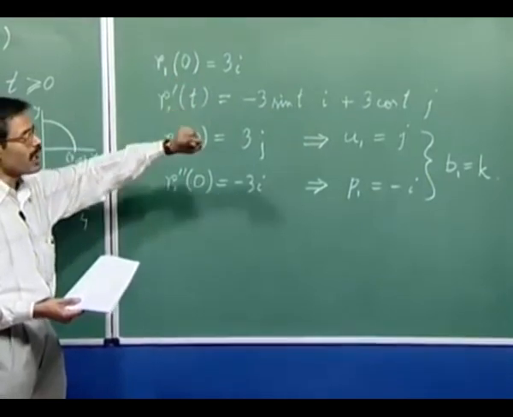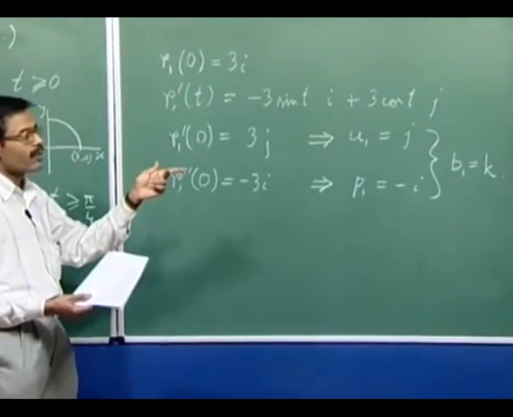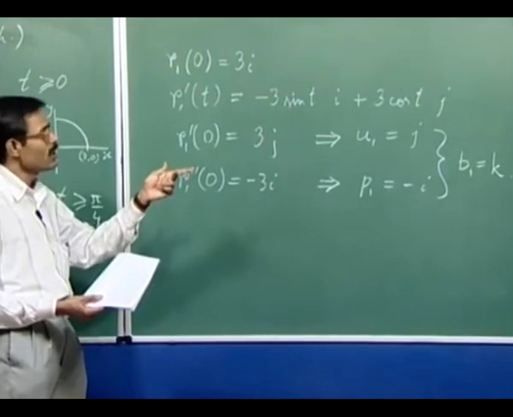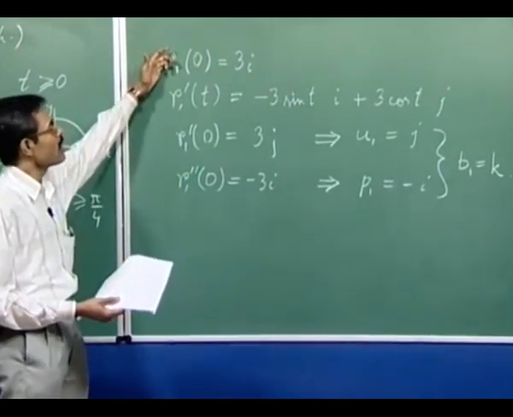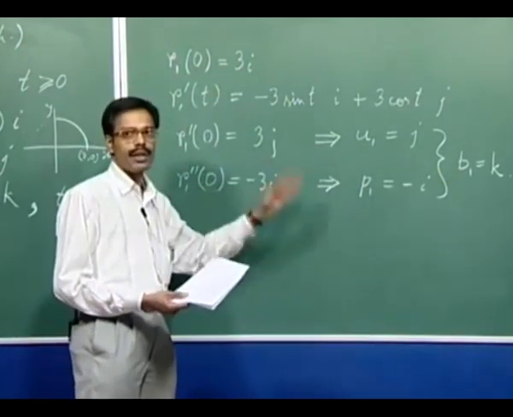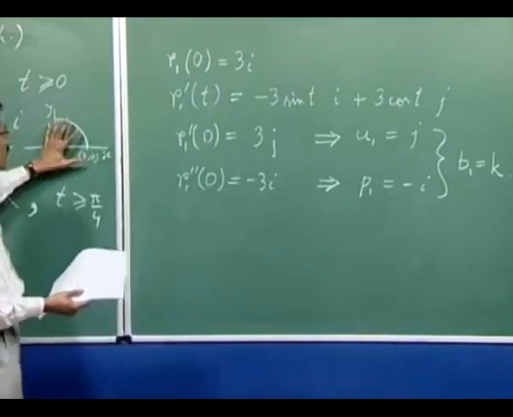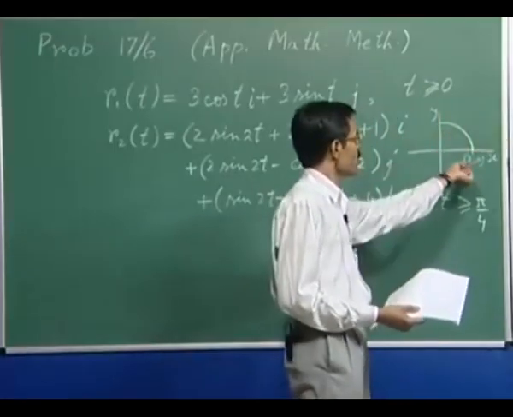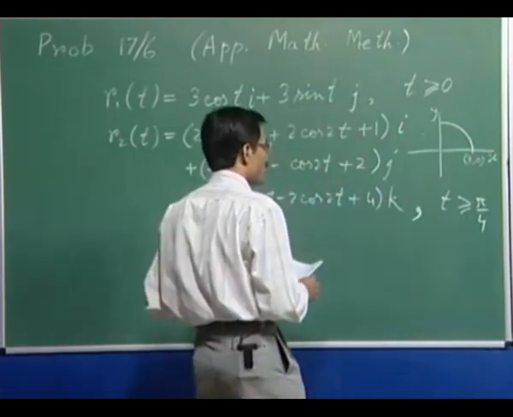That means we want to match the starting point, and we want to match the Serret frame at the starting point. So we want to match the point R and the unit tangent, principal normal and binormal at the starting point of both the curves. So we leave the first curve at its place, and the second curve we try to bring here. Okay. So for that purpose,